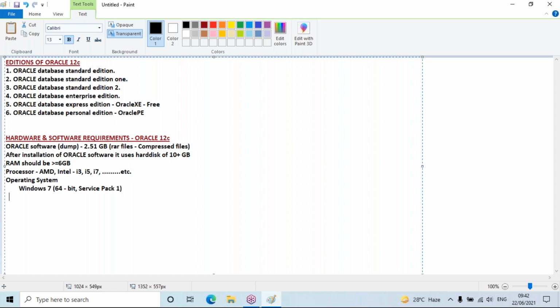And if you have Windows 8, it doesn't matter. There also you have Windows 8 32-bit and 64-bit; I suggest Windows 8 64-bit. Or if Windows 8 comes only with 64-bit, go for it. You can install on Windows 8 as well. And Windows 10 is also fine. This is all for our practice purposes.